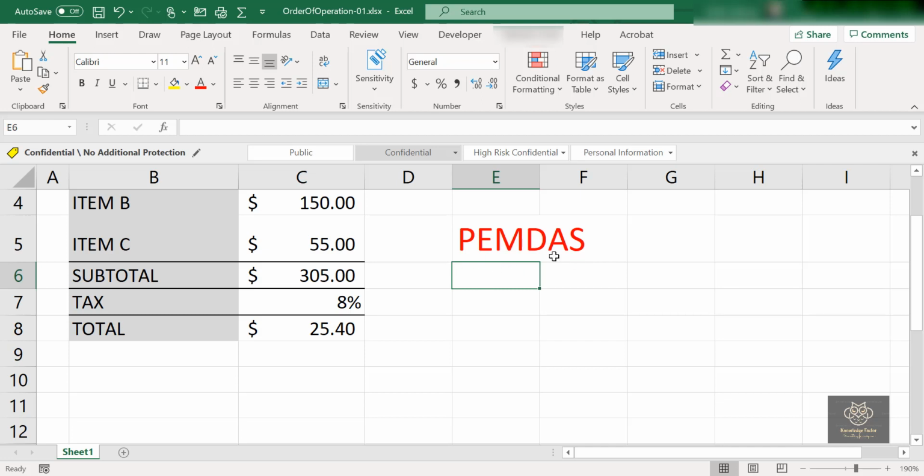So this is the order that your mathematical operators will go through, the precedence that they take. Parenthesis happens first, then your exponent, then your multiplication, division, and add and subtract. In some regions they call it something a little different, and I know multiple countries use this. Many people call it BODMAS.